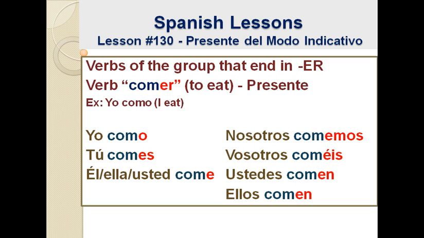Take a look at this. The part of the verb I left in blue is what we call the root of the verb. The root of the verb is what remains once we strip off the ending of the verb. The ending is those last two letters that indicate what group the verb belongs to, right? It can be ar or er or ir, because all the verbs